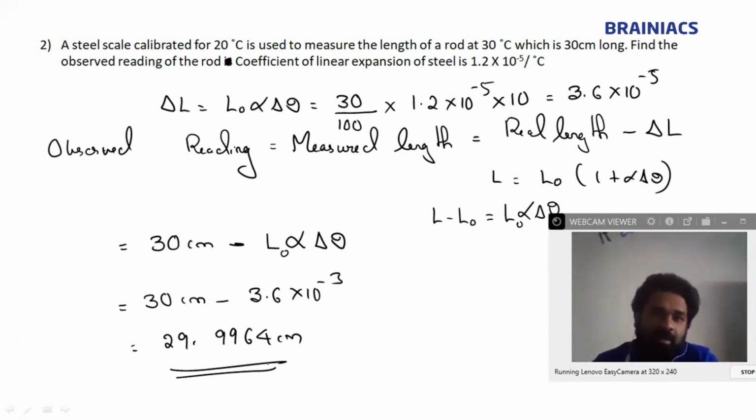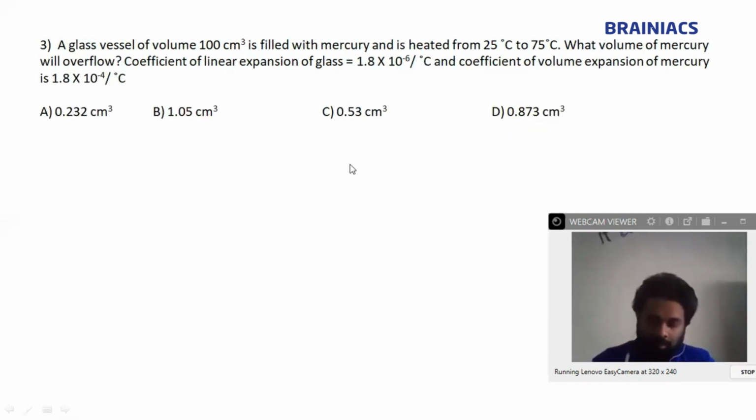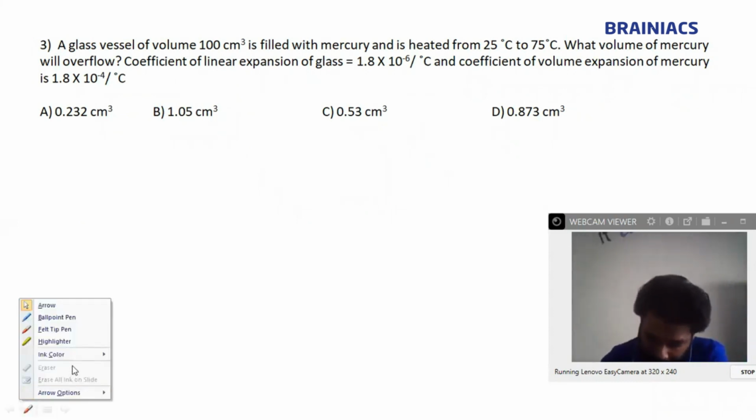What they are asking is the observed reading. So this is not the real length. The observed reading will be this one. The real length is given in the question. This can happen if the temperature is going down, the observed reading will go up. Okay, clear. So our next question is,